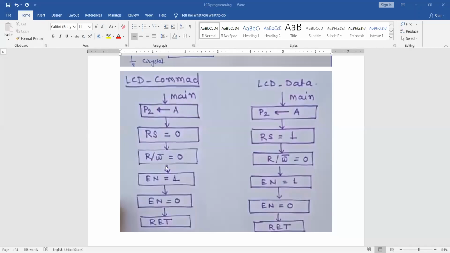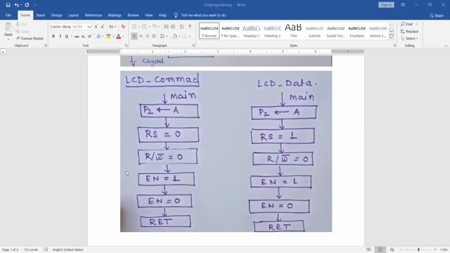Since R by W bar is equal to 0, that means it's a write operation, because I want to display something on the LCD. If you want to get whatever has been displayed, that is read. Then I will send a high to low pulse on enable, 1 then 0, then return to the main program.